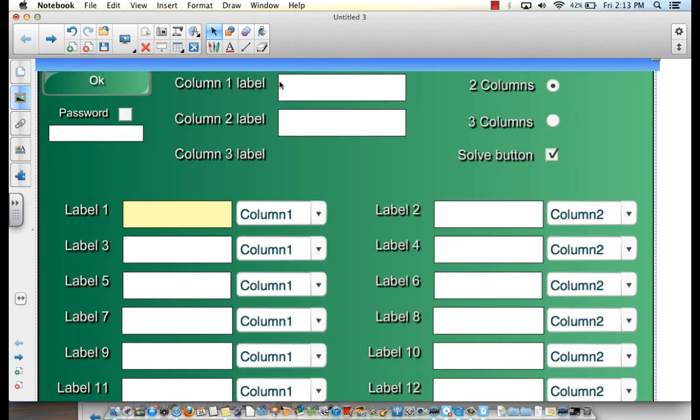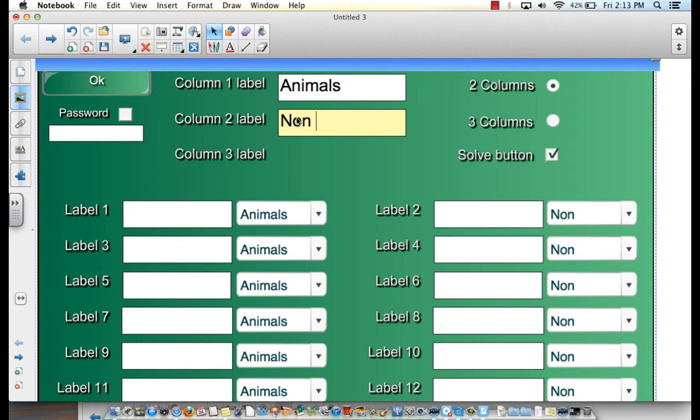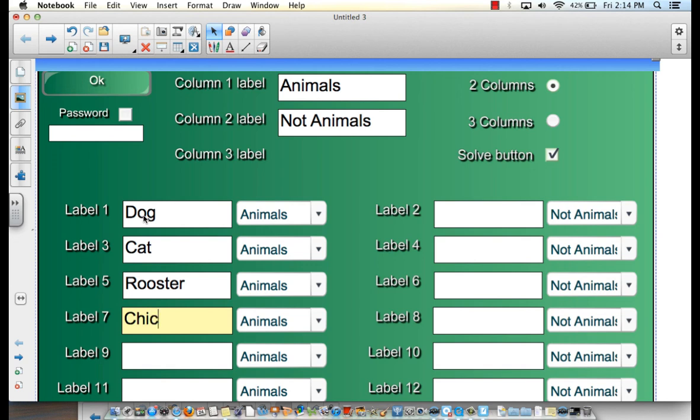I'm going to hit Edit, and this allows me to set it up. I'm going to label my columns Animals. You could do anything you want. Not animals. Okay. Add a dog, cat, rooster, chicken. Not animals, we might put spoon, house, car, boat. I just did that quickly, but again, what it's allowing me to do is set up the